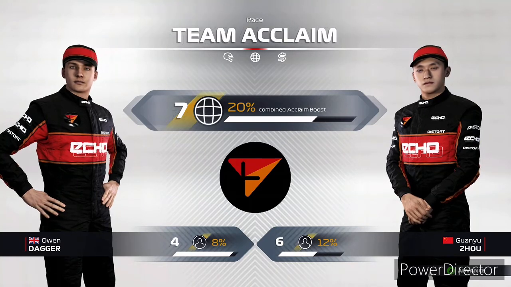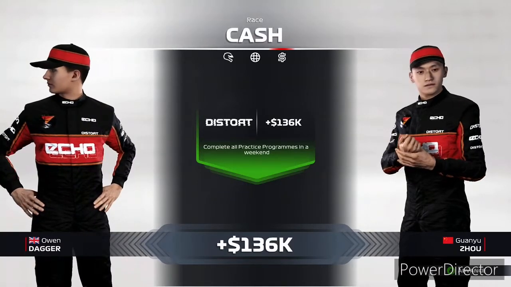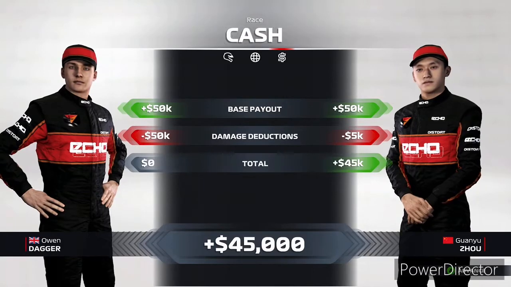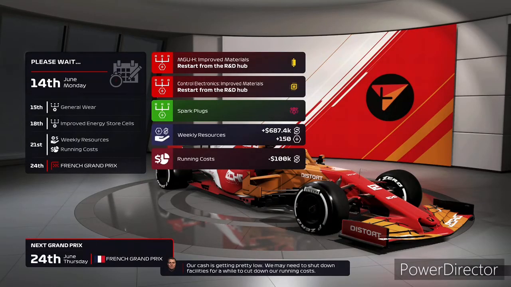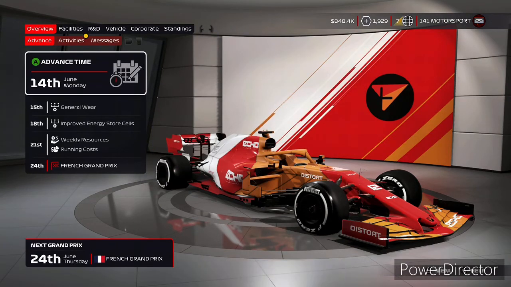As we look at the cash bonuses, we get our full payouts from Distort, and of course full damage reduction on my end, but only so we get 45k in bonus cash. So we're now on 800k. That's moved back in the HQ now. We may need to shut down our durability facilities for a while to cut down our running costs. Things failed, so we're going to have to repurchase them, and we are also going to look at the